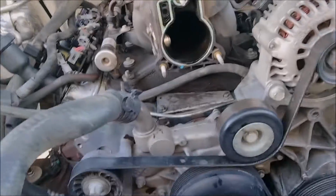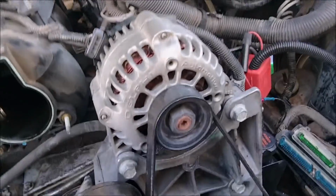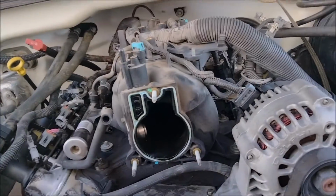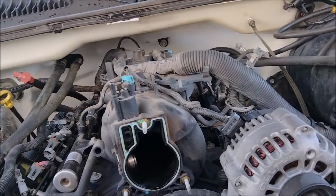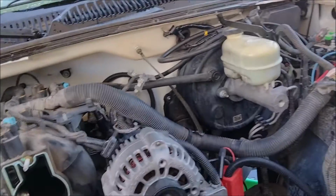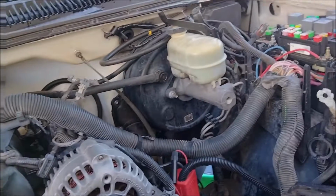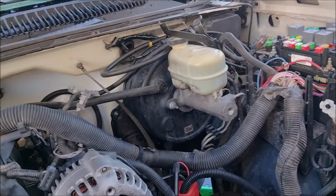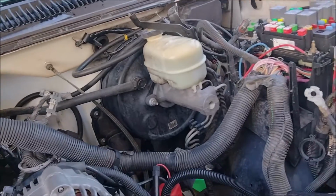Another bad thing is you have this that goes to the throttle body. Actually, this one doesn't have it. I'll fix that. I'm actually going to delete that. I wonder where I get this from. They didn't have that nipple. Well, anyways,